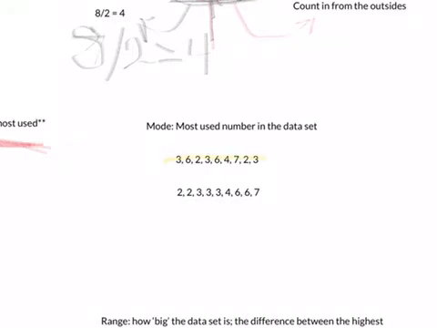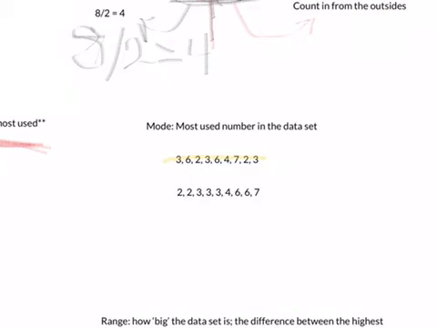now if you look at it, it's not in order from smallest to largest, right? You can find the mode when it's like this if you have a small data set, because you can kind of keep track of it. You know, you look through and you say, okay, we've got a 3, 6, a 2, oh, another 3, another 6, 4, 7, another 2, another 3. But keeping track of all this when you have more and more numbers in your data set is going to get really hard. So, my suggestion is to get into the practice of first putting your